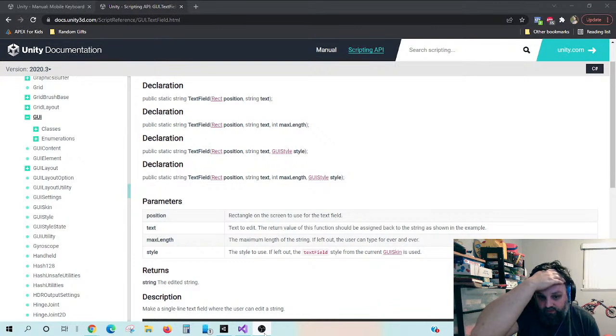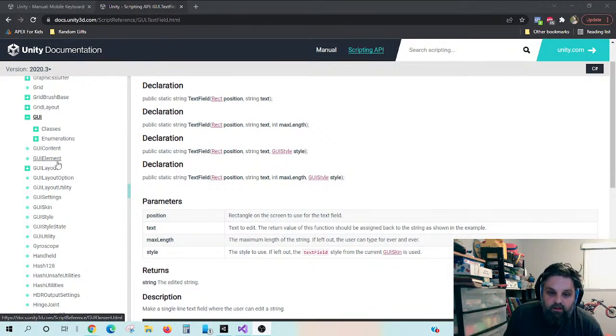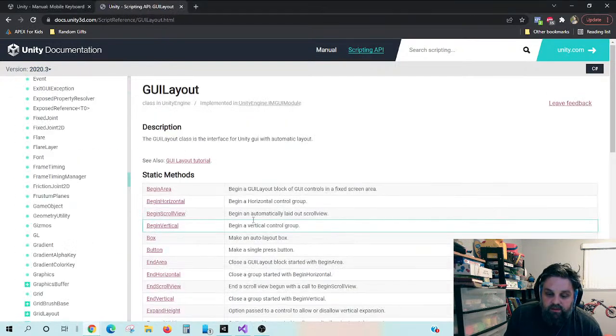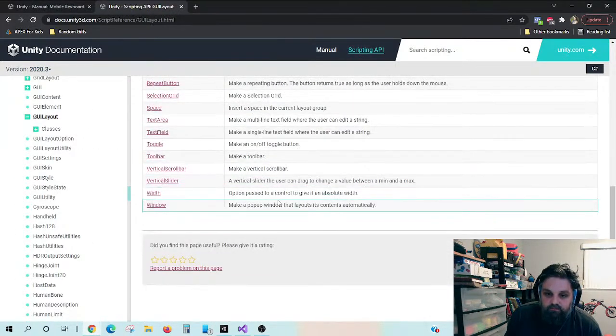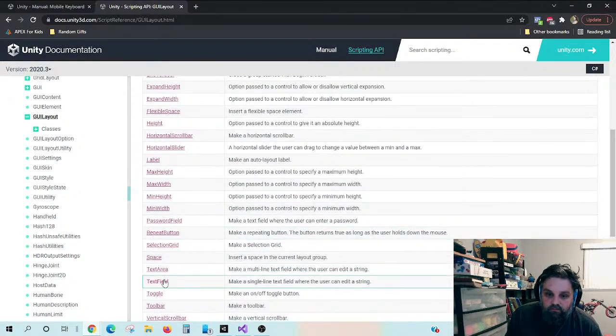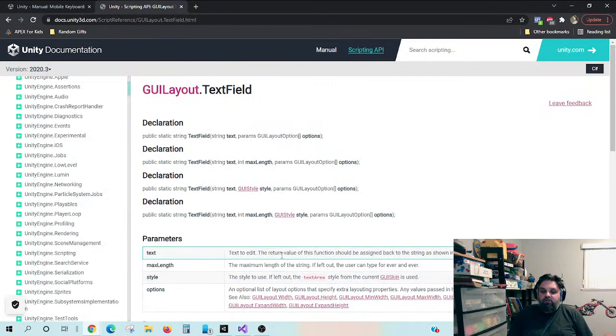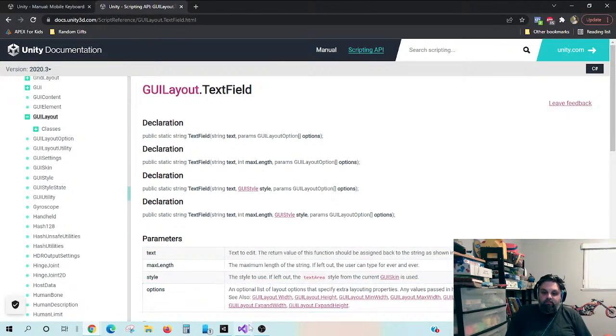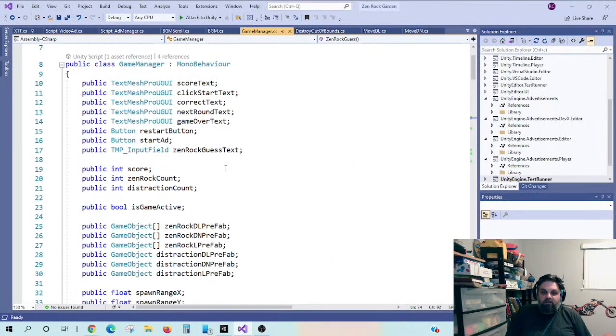This is so frustrating. GUI layout. No, we want the text field. So it says text field string. But when we go here,